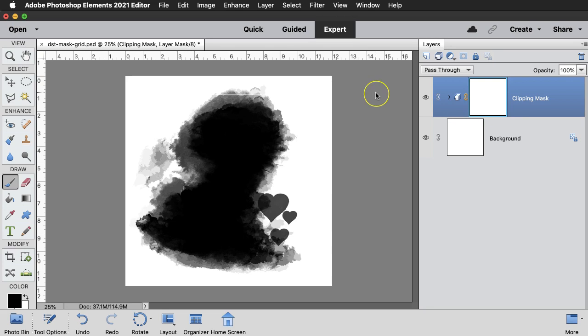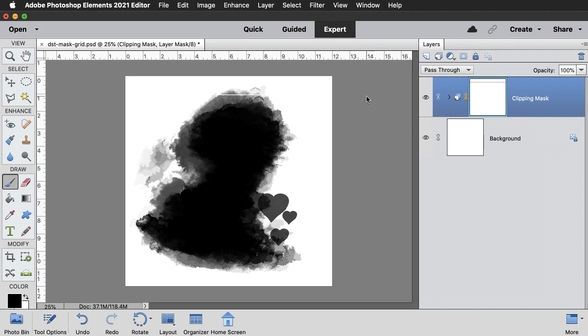I'm going to let go over here in the gray area of my mouse, and then I'm going to let go of the Shift key. And just so you know, if you make a mistake at any time during this process, you can step backwards by pressing Ctrl-Z, Command-Z on a Mac. Okay, let's place another line on the mask.